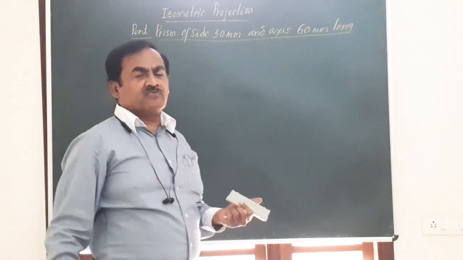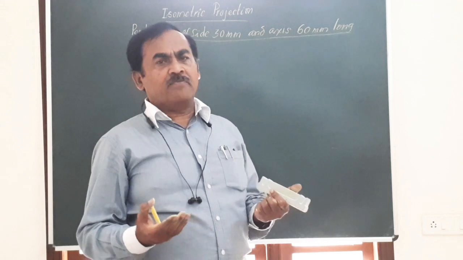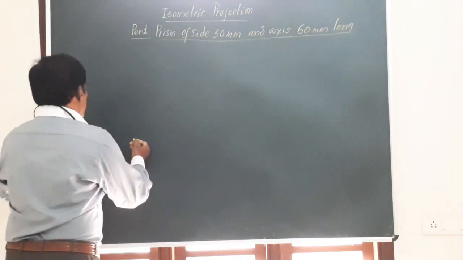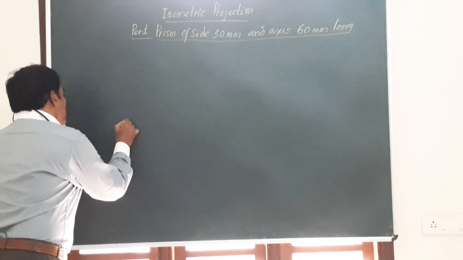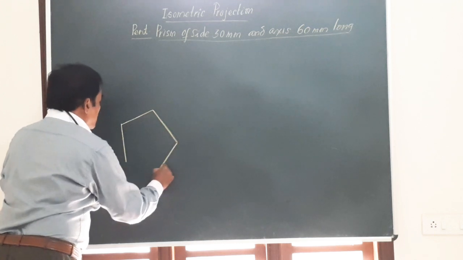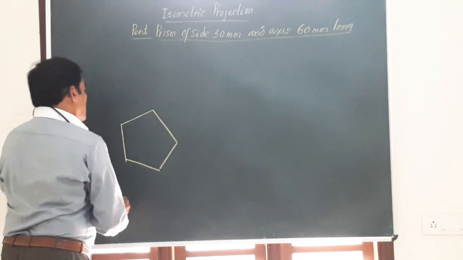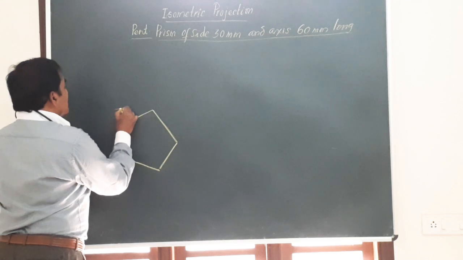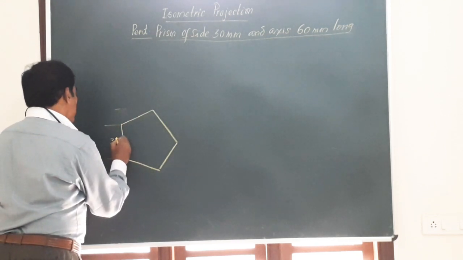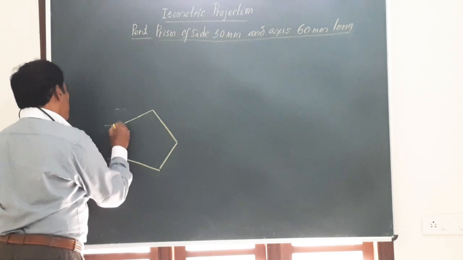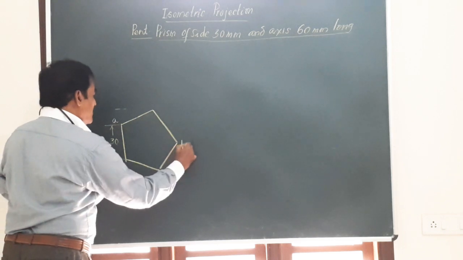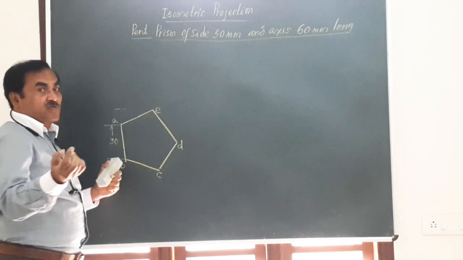I told you the procedure is very simple. First of all, you have to construct the base. The base is a pentagon. So let me construct the pentagon to the actual scale. And this is the pentagon I have constructed here. Let me mark this with the dimension. This has got a dimension 30 mm and these corners are A, B, C, D and E, and you know very well how to construct a figure.